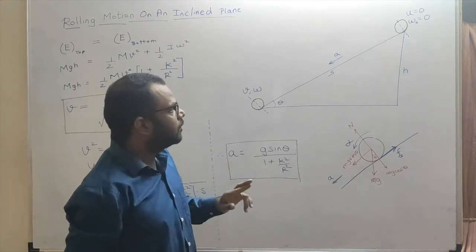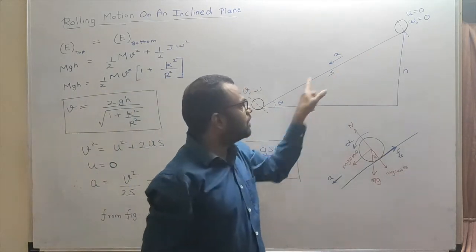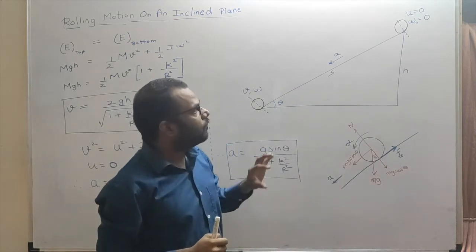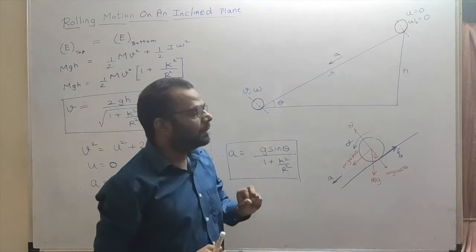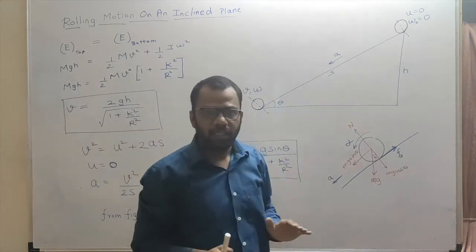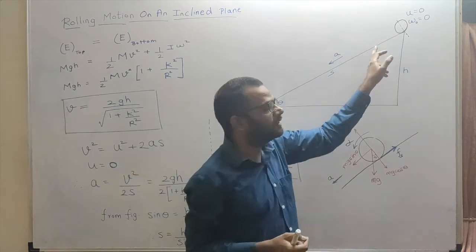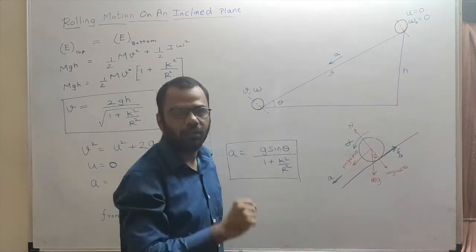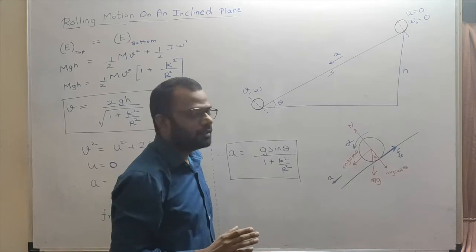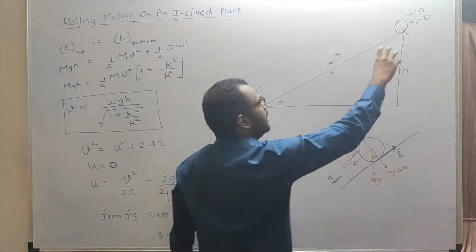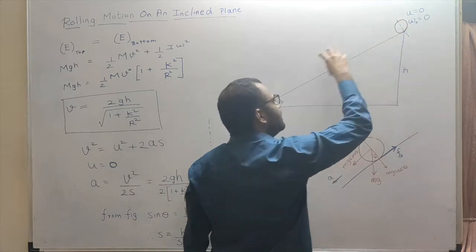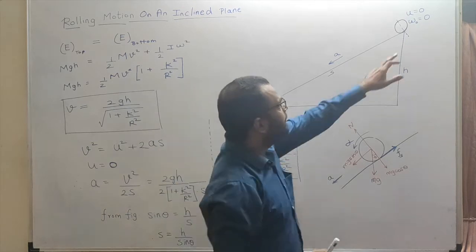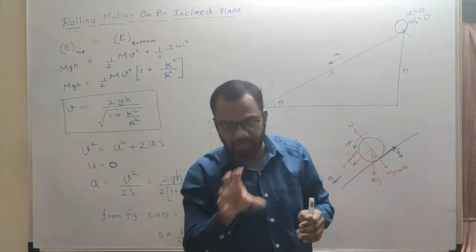This happens because this surface is not assumed to be smooth. It is a pretty rough surface for pure rolling to take place. Because if the surface were smooth, with no friction between the object and this surface, then this object would have skidded or slipped down. It would not have rolled down, but simply slipped down. In that case, there won't be any angular velocity of the object. It will always remain 0.